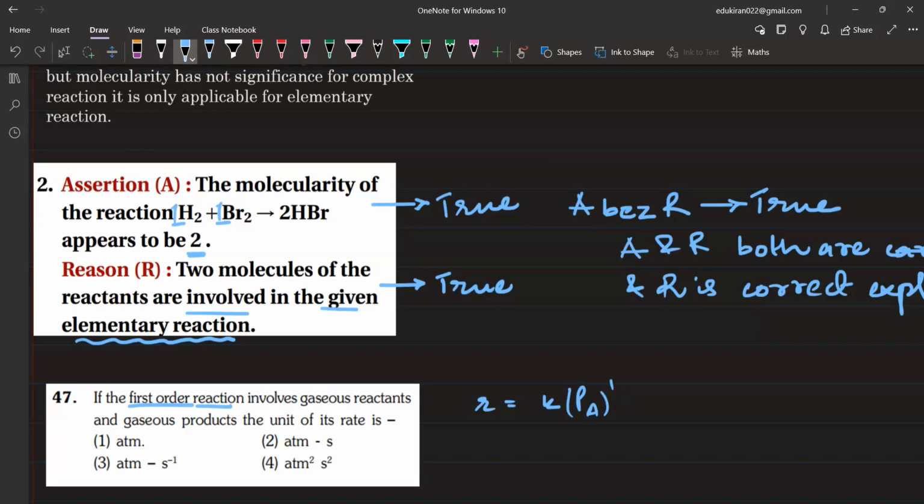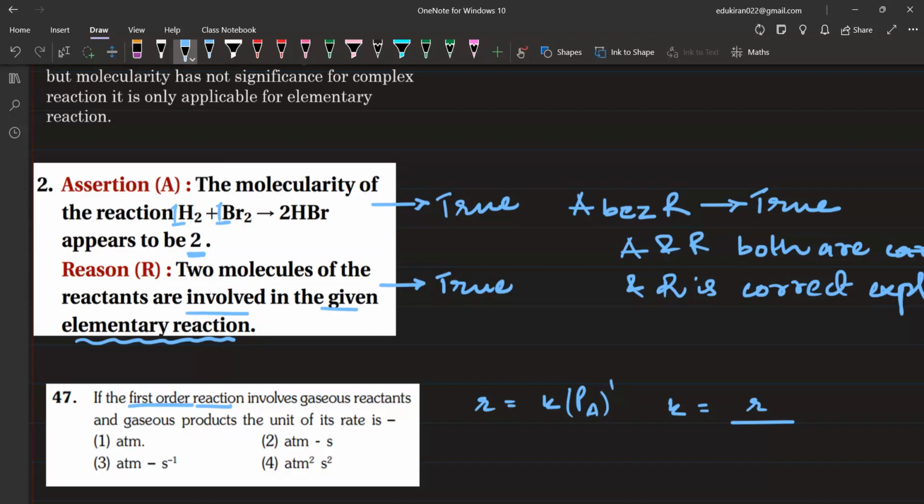So the reaction involves gaseous reactants and gaseous product, and the unit of its rate is going to be, and that is why rate constant K will be equal to rate divided by